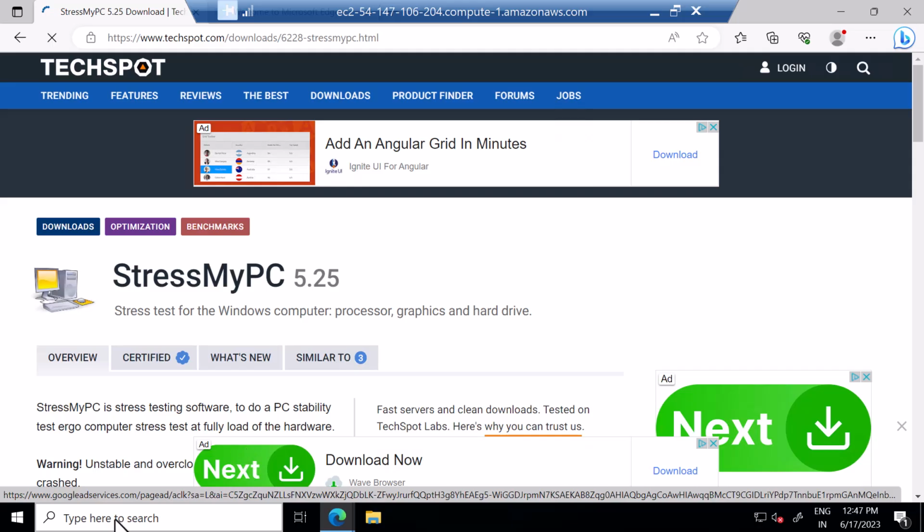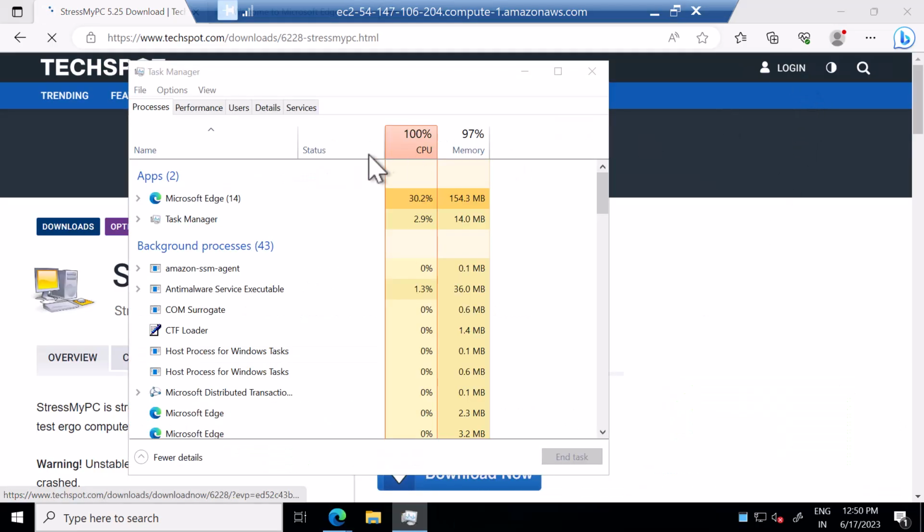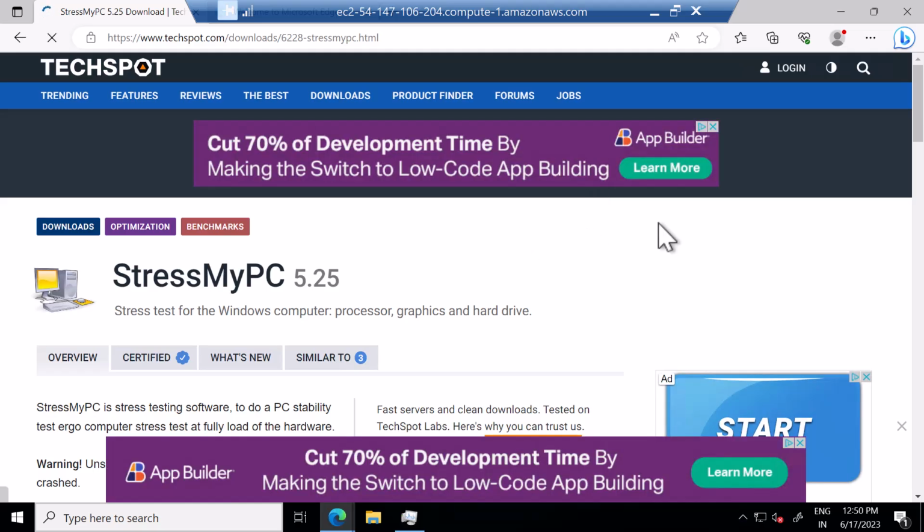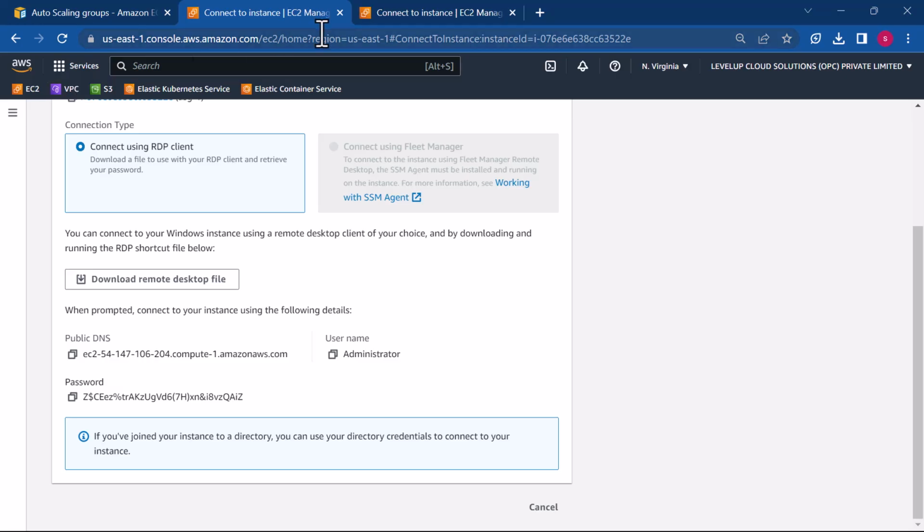While it is downloading, actually, if you guys remember, we have given that the stress should not be more than 20%, right? Let me check that. Now, if you see, the CPU utilization is 100, right? So because the CPU utilization is 100, we don't need to install any other CPU stress tool to artificially put the CPU stress, because it already reached 100%. Now, we have to see new instances creating automatically because there is huge stress on the CPU. Let me minimize this. Let me go to EC2 instances,